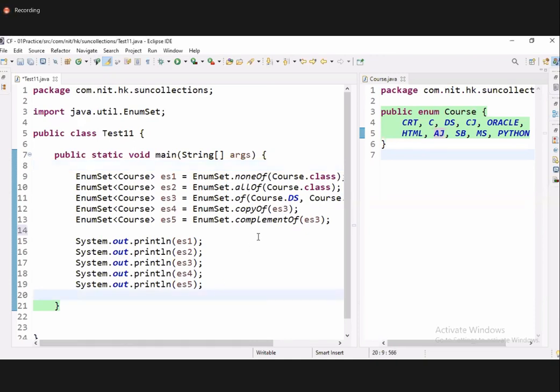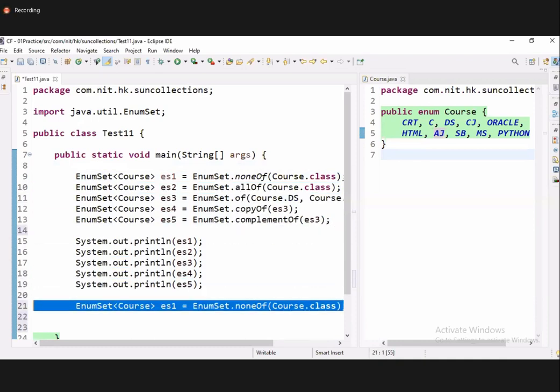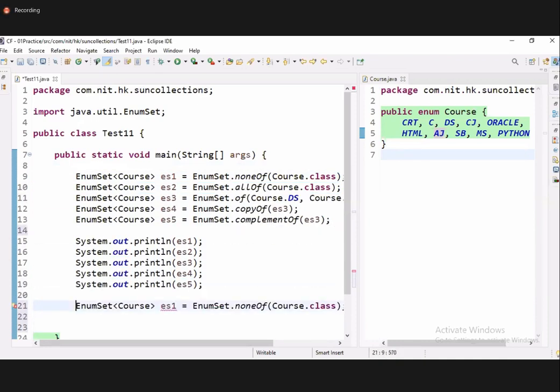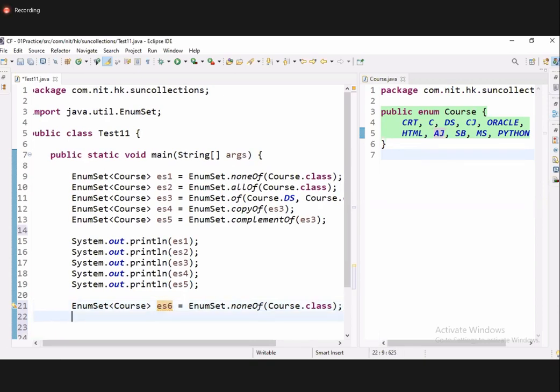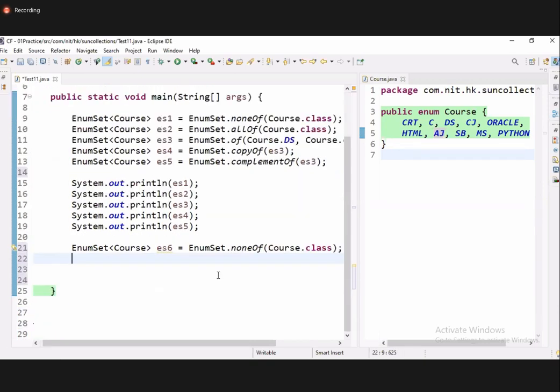Right. So now these are the 5 methods we have in EnumSet for creating an EnumSet object. Okay. Now the question is, I am creating an EnumSet object without elements or with elements. How can I add more named constants? Now tell me, can I call